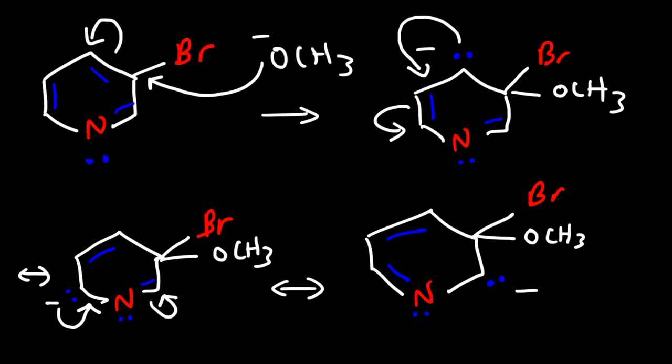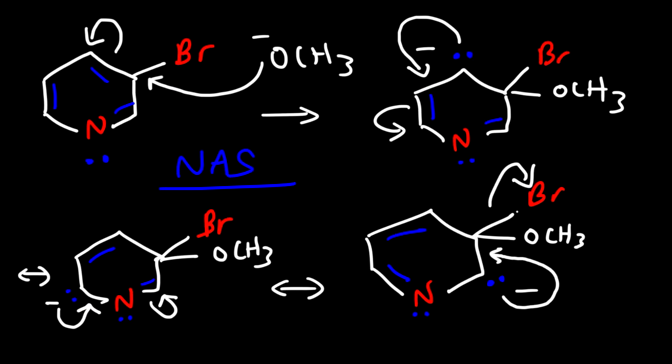So these are the 3 different resonance structures that we can draw. As you can see, the negative charge never hits the nitrogen atom, and so we don't have a stable resonance structure. And that's why position 3 is not as favorable as position 2 and 4 in this nucleophilic aromatic substitution reaction. Now the last step in the mechanism is to take the lone pair, form a pi bond, and kick out not the methoxy group but the bromine atom